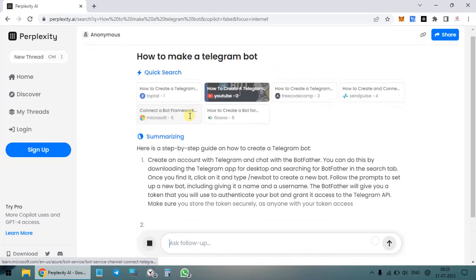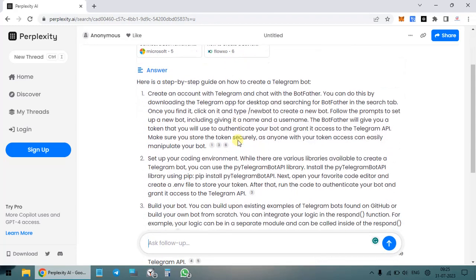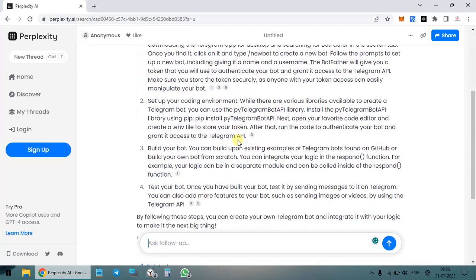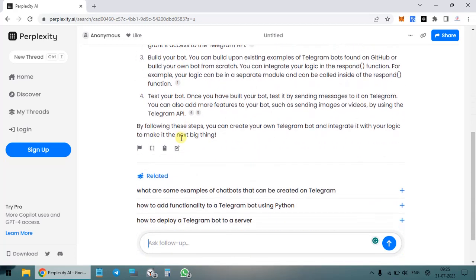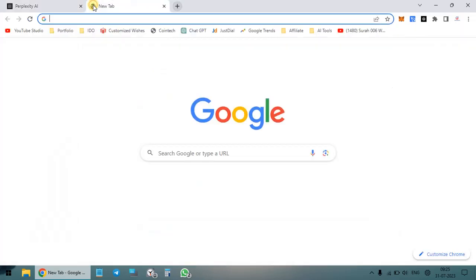So when I do this, you can see it generates the answer. So here it's given around 4-5 steps, and along with that it gives you related searches. So this is a kind of... let's go to Google